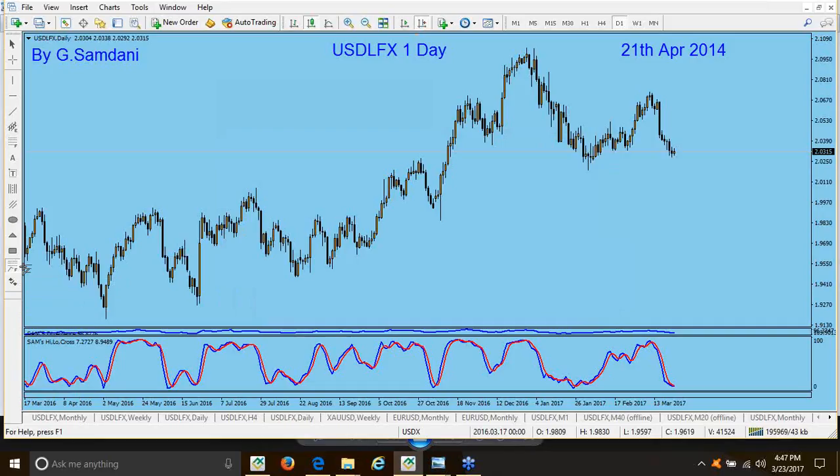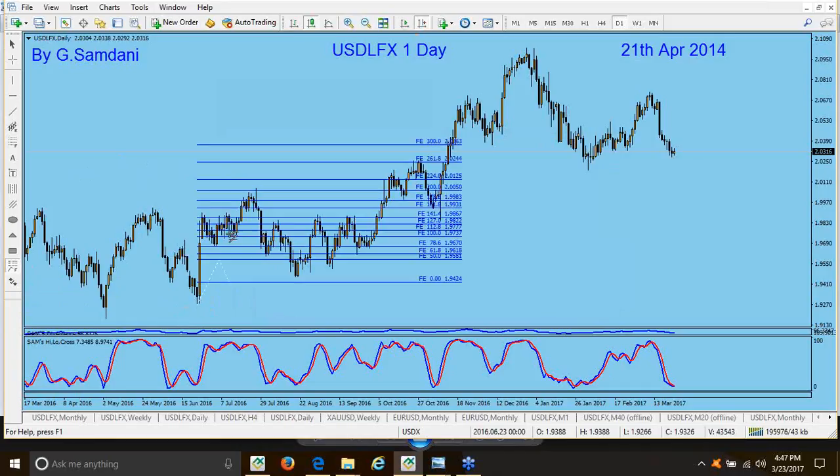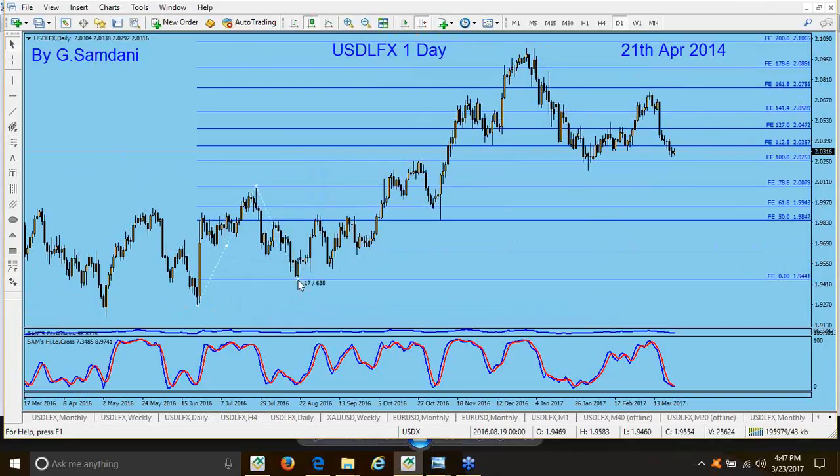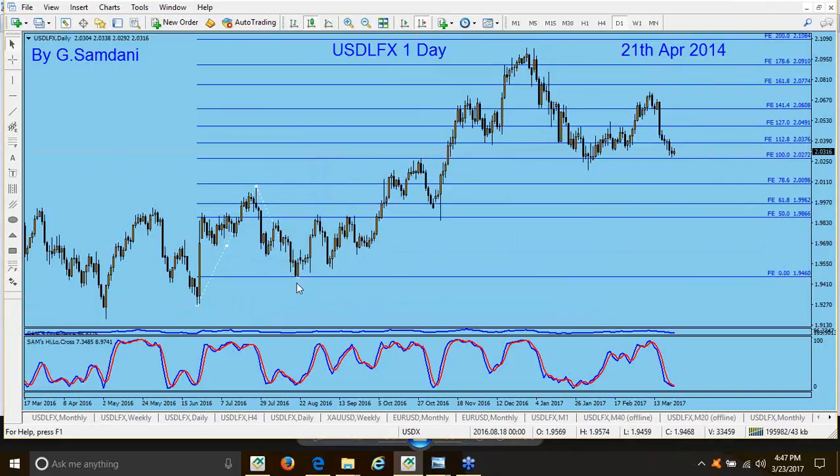Okay, this is expansion. How to use it? It has 3 points, like the other Fibonacci retracement has only 2 points, A and B. This one is 3 point, and you're starting to measure from here, point A. This is point B, and point C, because you need to measure this move, but you need to measure this compared to this,